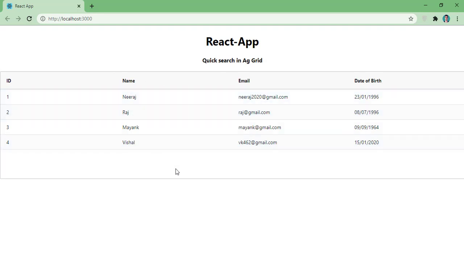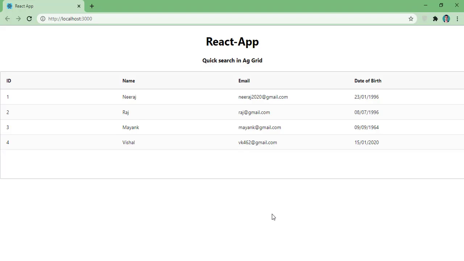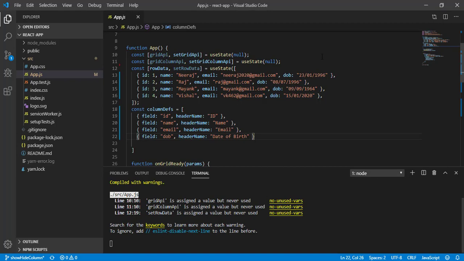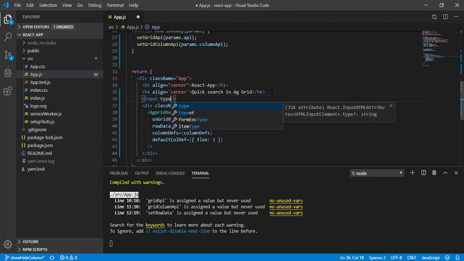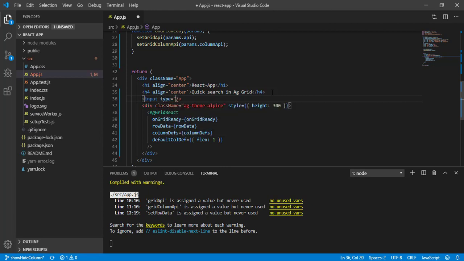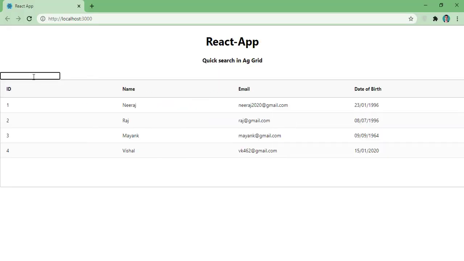So here we need to implement our quick search. For that we need a text box. So let's design a text box here. Let's call it input, and give here type equal to search. Now save it and come back here. So now you can see we have a text box.